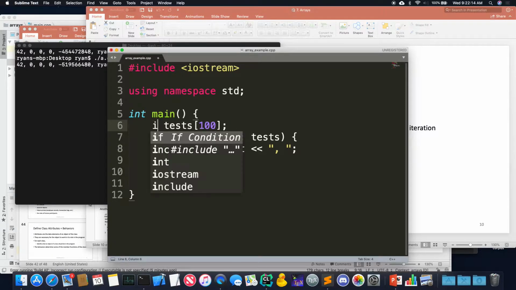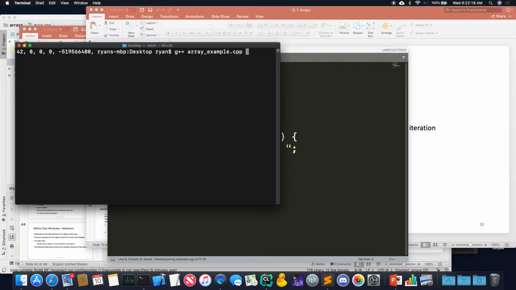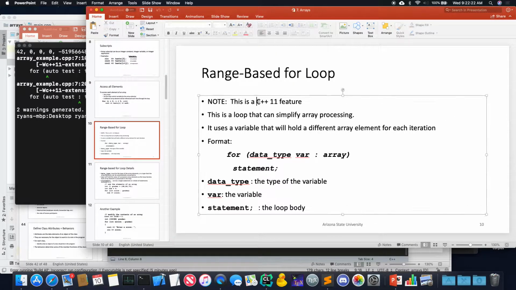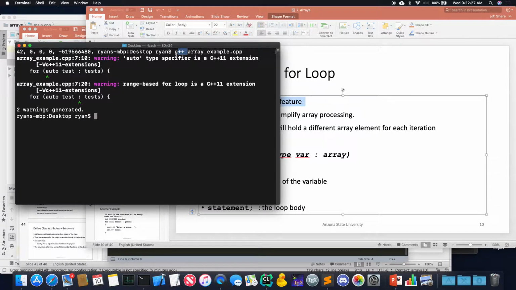So if I change this back to int and compile, oh, okay. If you look here, it says this is a C++11 feature. This compiler, if you looked at the version of it, doesn't by default use C++11. So the way to get C++11 here is you specify the standard that you are going to be using, in this case, C++11.